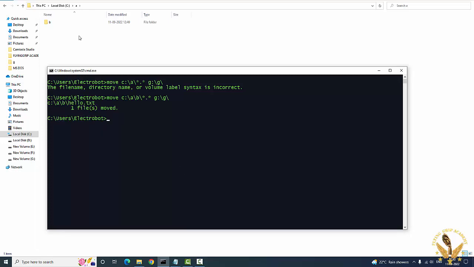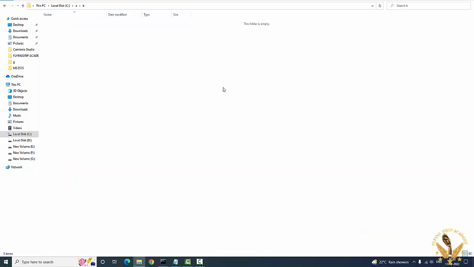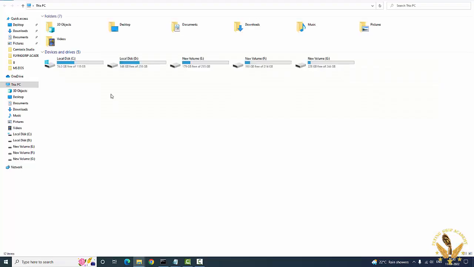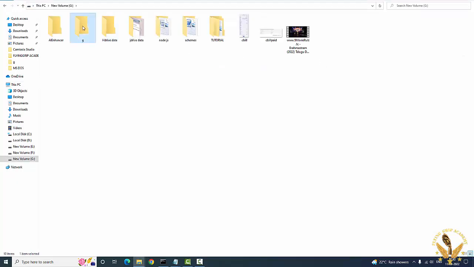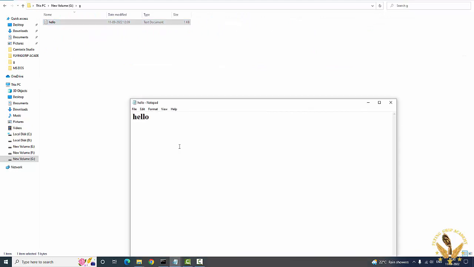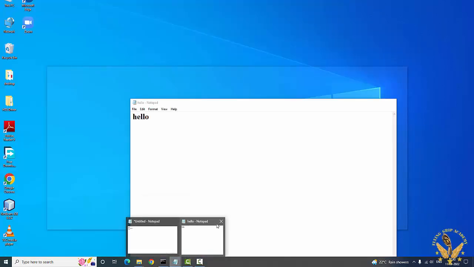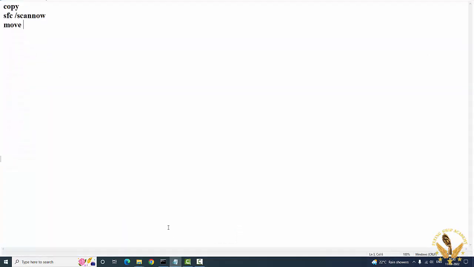So now one file is moved. If you go to B, it doesn't contain any folder. Now if you look at the particular drive in G, you can notice hello is a particular file which is contained in that particular drive. The file is copied. The next command which we are going to discuss right now is